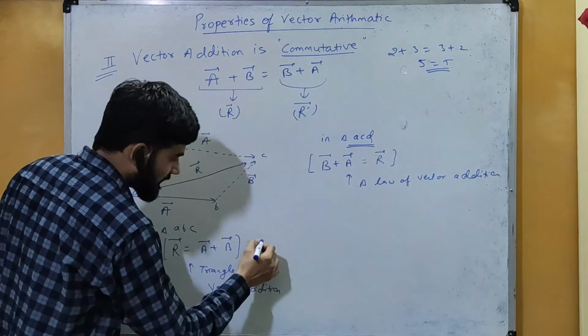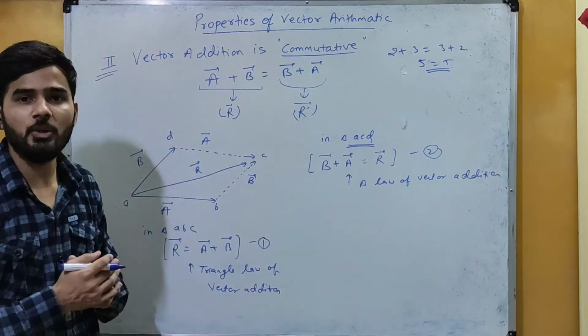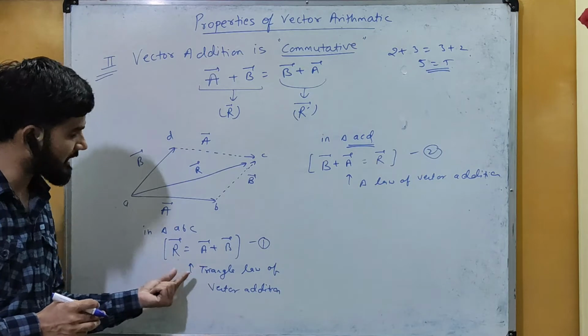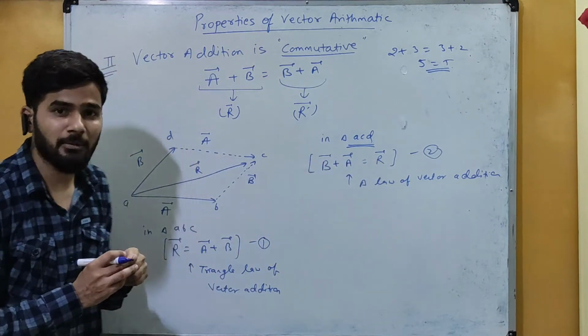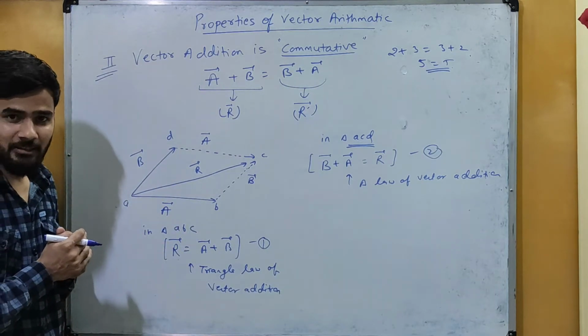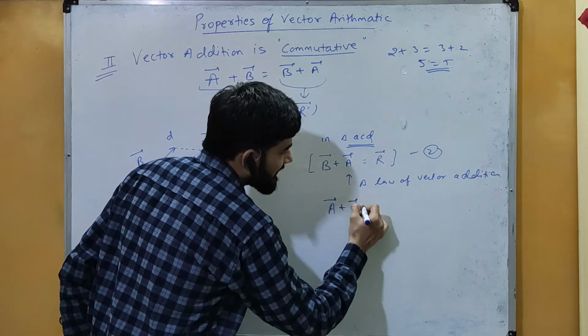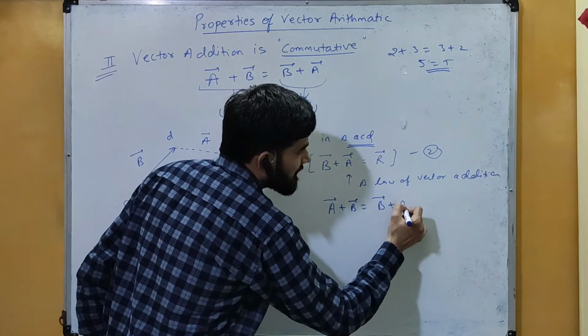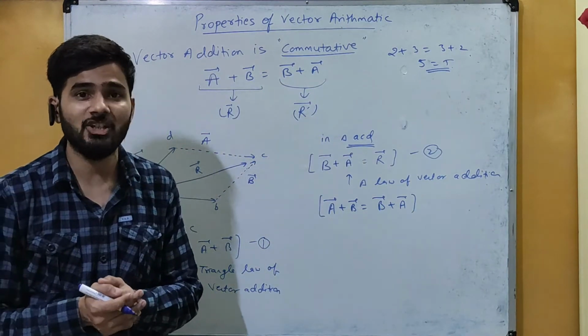Okay, now here this is equation 1 and this is equation number 2. Now you can see from these two equations that this vector A plus B is equals to R, और यहाँ पर भी vector B plus A किसके बराबर है, R के बराबर है. मतलब यहाँ पर this R is common for both the triangles. Okay, so from these two I can write this vector A plus vector B is equals to vector B plus vector A, and this is what the commutative law of vector addition is.